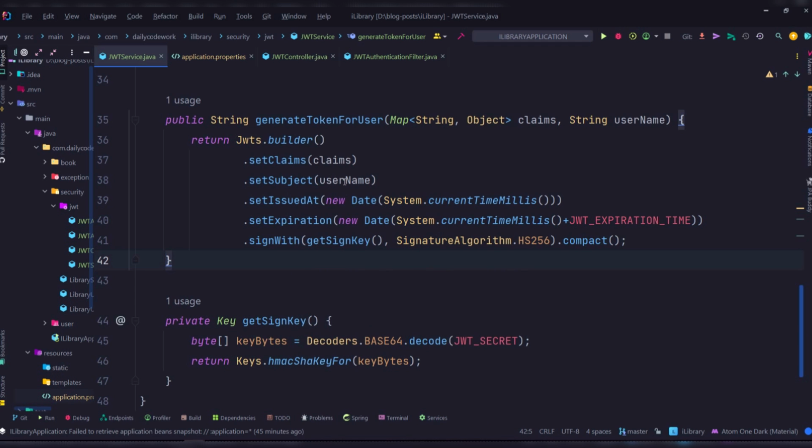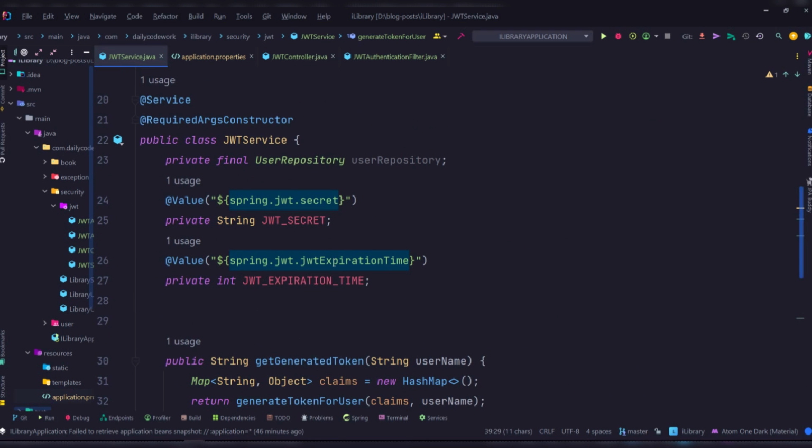So now we're getting the username, and after the authentication has been done, JWT is going to create a token for this username, right? And now this is the issue time here in milliseconds, which is the current time of our system when the token was generated. Then the expiration time, which means the token should expire after 30 minutes, which is the time we set here, right? If we hover over this, we see the time we set here, which is